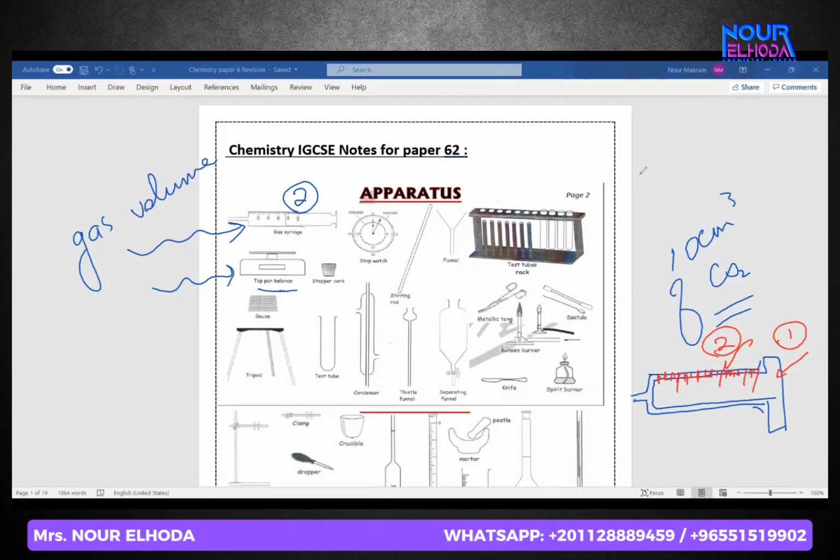Same like the ruler. Can I measure with the ruler the length of a notebook, for example, without numbers? It doesn't work. So this grading or these numbers, this means this is how to measure the volume. Okay, what about if I want to measure the time? You're going to use a stopwatch or stop clock. This if you want to measure the time.